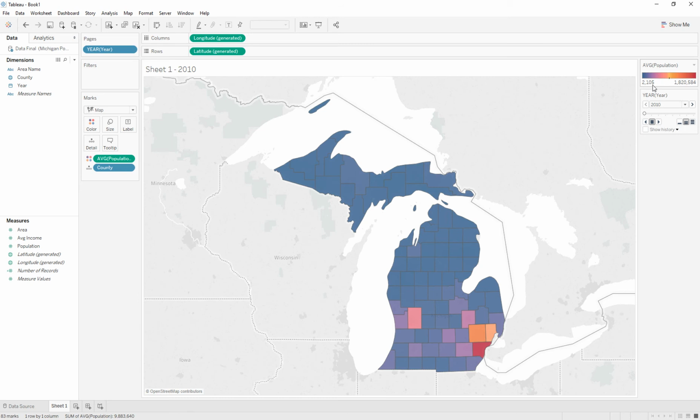And we can tell that the majority of the northern half of the Lower Peninsula has a very low population, including the UP. And that the majority of the population of Michigan is in the southeast side and in these 3 counties in Michigan. And if we slowly move, you can't tell, but as you move it back and forth